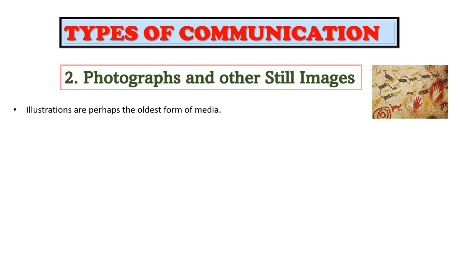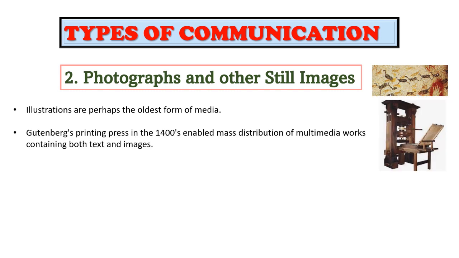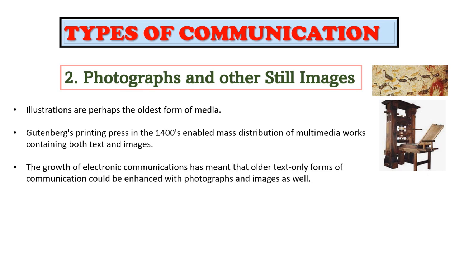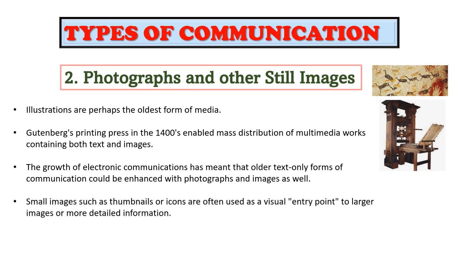Gutenberg's printing press in the 1400s enabled mass distribution of multimedia works containing both text and images. The growth of electronic communications has meant that older text-only forms of communication could be enhanced with photographs and images as well. Small images such as thumbnails or icons are often used as a visual entry point to larger images